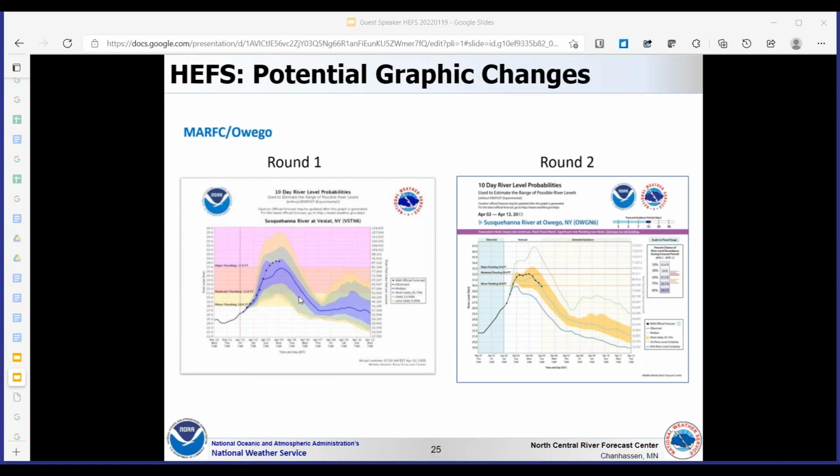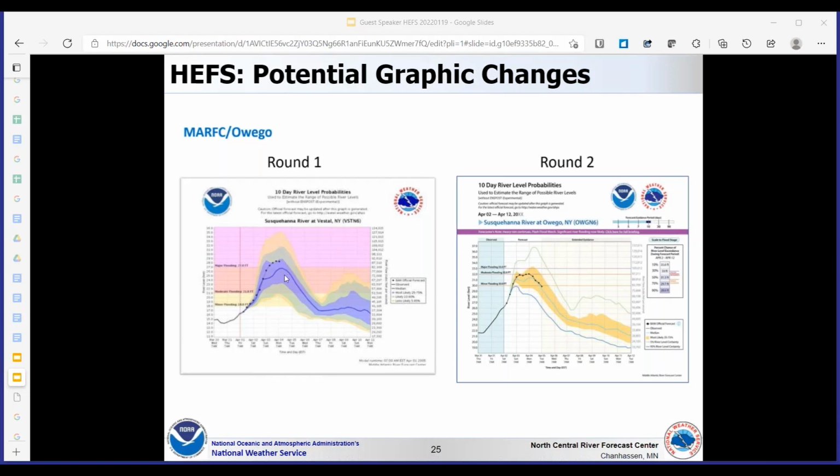The way the edges of these bands are derived is basically we look at every hydrologic trace or ensemble member that was generated by HEFS for each time step. We rank them and then we assign an exceedance probability to them from that ranking.